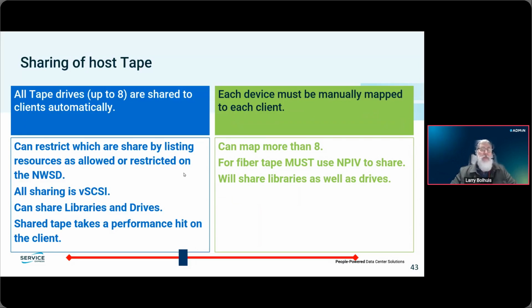You can share libraries and drives. Some of you who've been doing this for long enough might remember that originally it was only drives, but libraries were added later. It does take a performance hit on the client if you're sharing from the host. The client does not get full performance of the tape drive. So if you do need high performance there, you may want to switch the adapter in that case. But in the case of AIX,